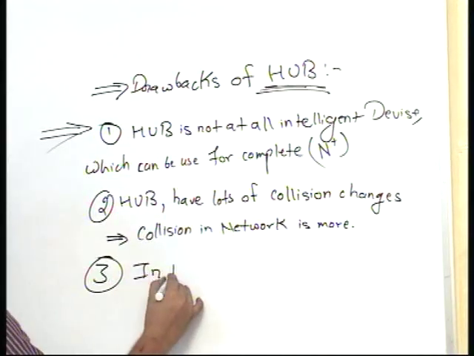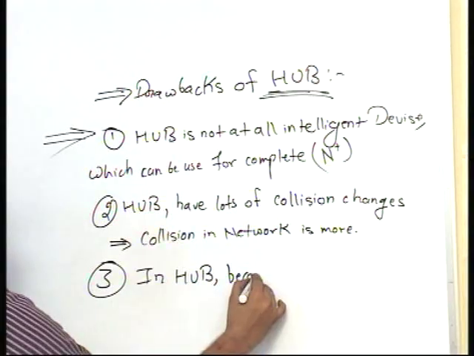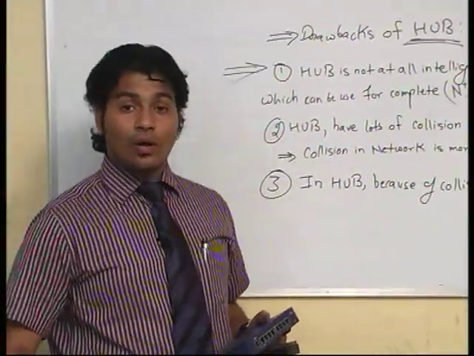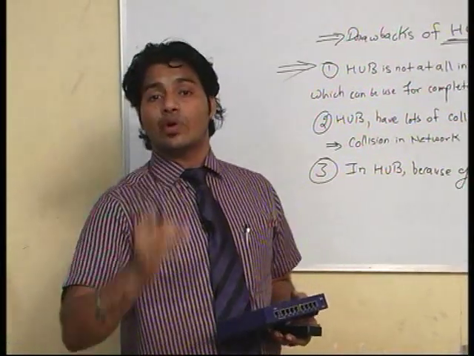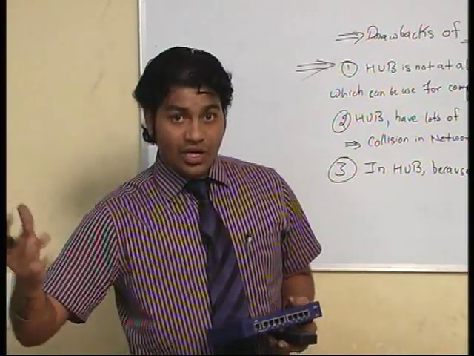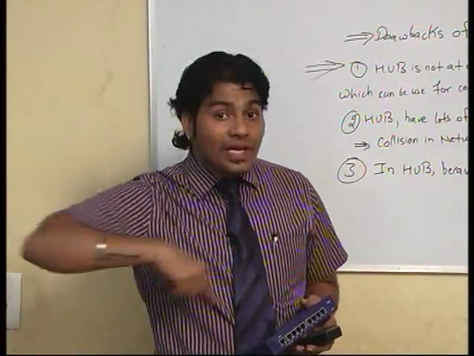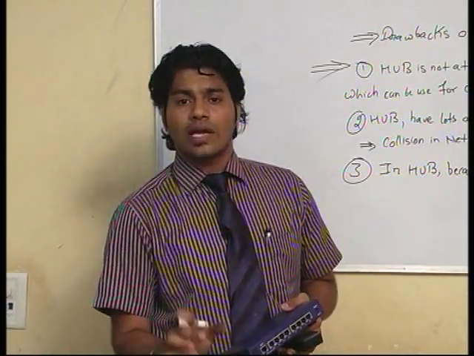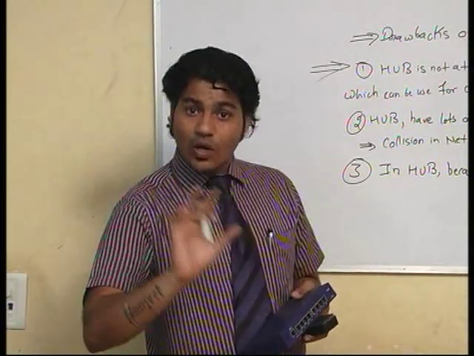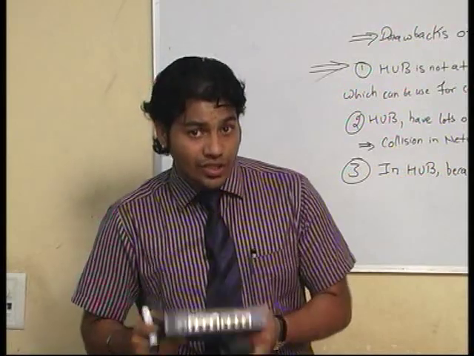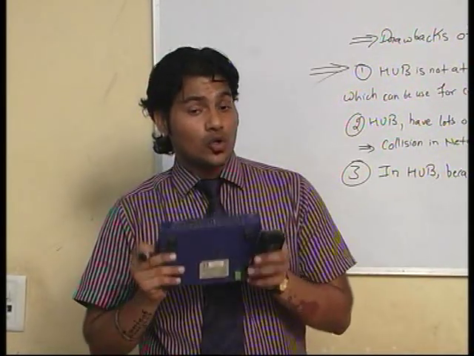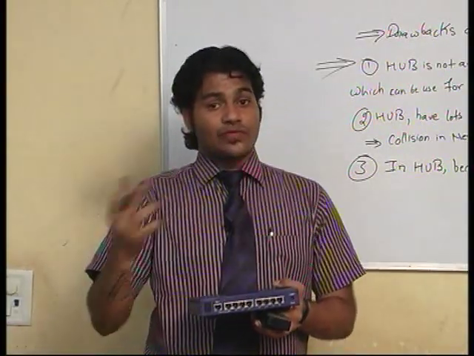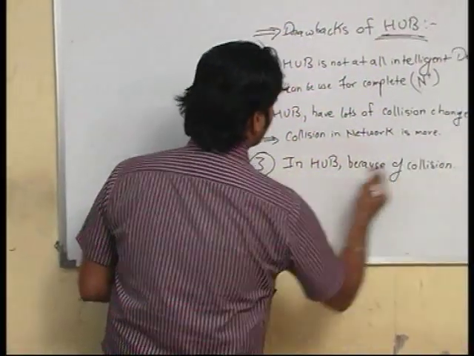So let's start the third point. In hub, because of collision domain, okay, right now I have used one word, collision domain or broadcast domain. These two words are famous interview questions which we will cover in our class, but later on. So remember one thing, domain is nothing but a complete organization. So in that domain only collision occurs. That is the only reason both words are combined together into a single word, collision domain. So right now I am just using collision, because hub is not at all used to make an organization. Once again I am repeating, hubs nowadays are totally banned from our network. They are totally gone out of the world. In place of hub, switch will be used. So let's come to hub, because of collision,